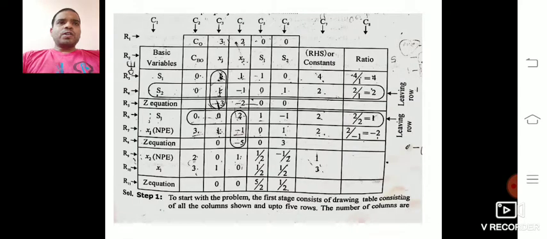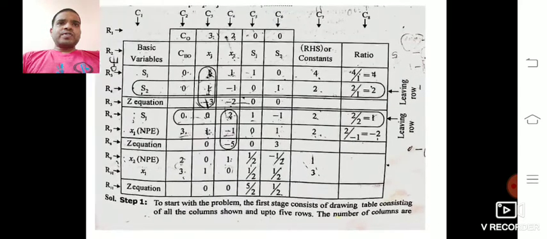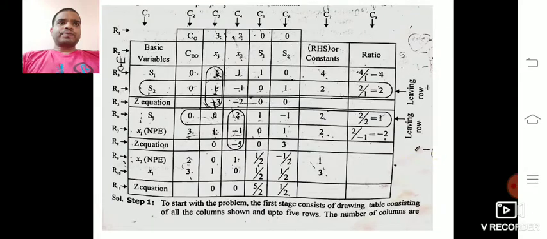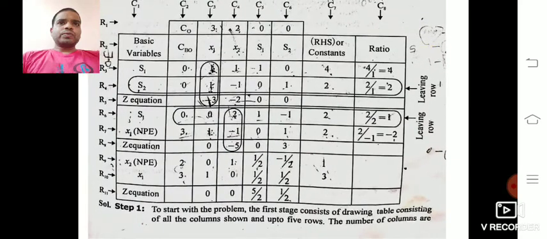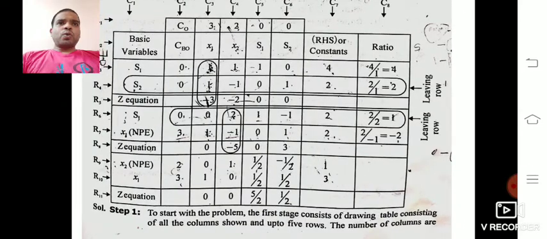Now come to this table. This is very important here. See here, c1, c2, c3, c4 are all represented by columns, and r1, r2, r3, r4 are all represented by rows. Now in the first row,